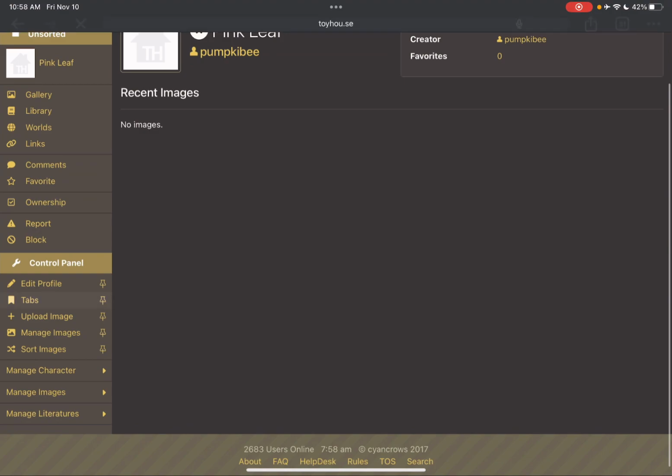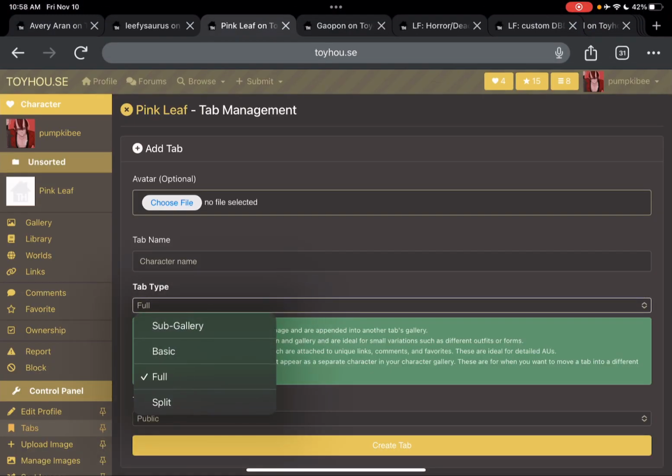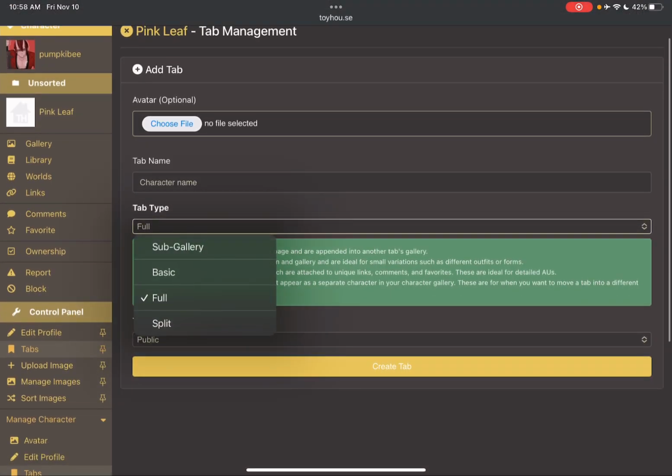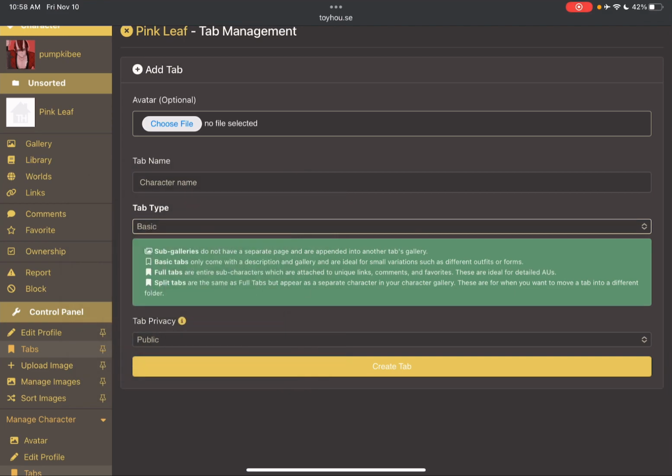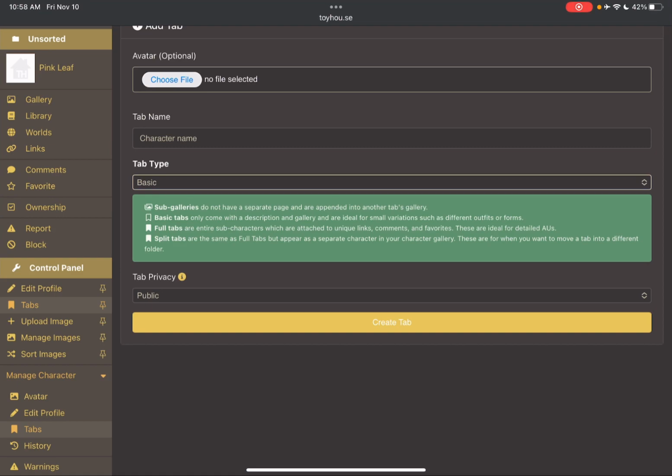What you're going to want to do is go to tabs and you can make a full tab. You can make a basic tab, like it explains it here in the green thing. It says basic tabs come with a description and gallery and are ideal for small variations such as different outfits or forms. So technically you could do basic tabs because